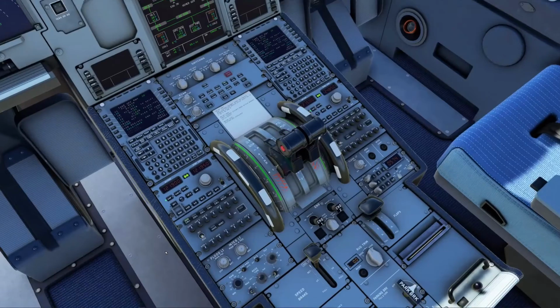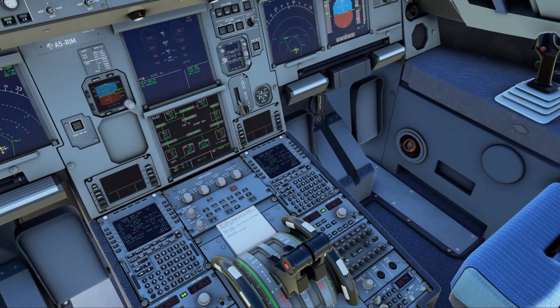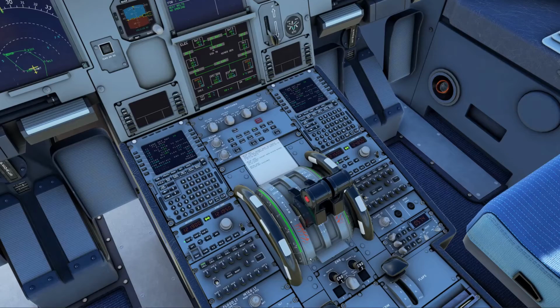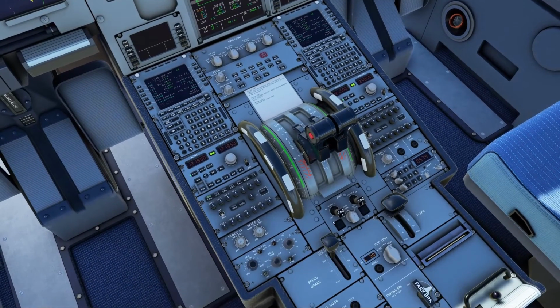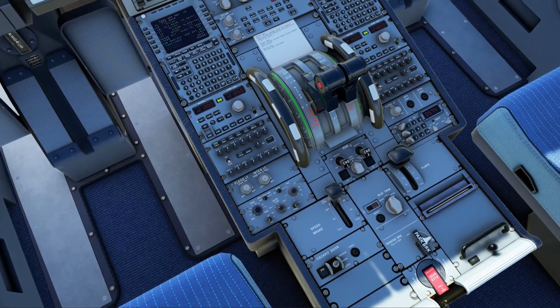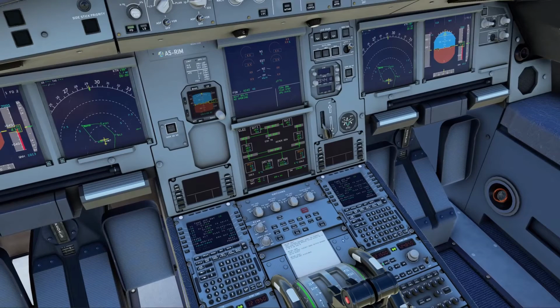Right, so moving down to the lower pedestal, and we've got the anti-skid and nose wheel steering is up, and we've got all these down here are as they should be. Alright, throttle is on idle, and all these are okay. We'll switch this on PWS, otherwise we'll get the warning on the status screen. Okay, and parking brake is on.